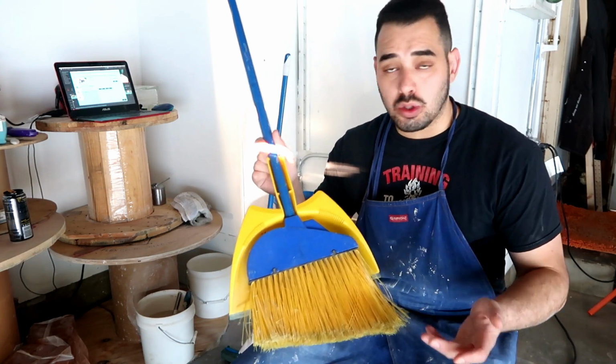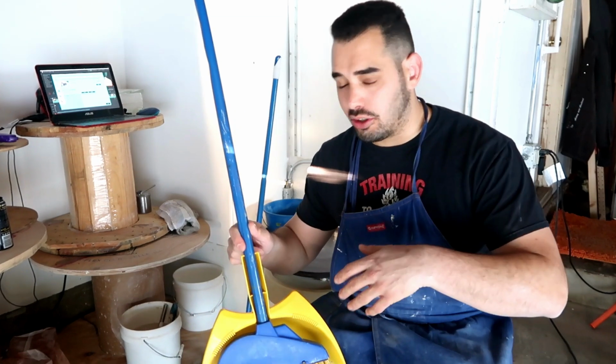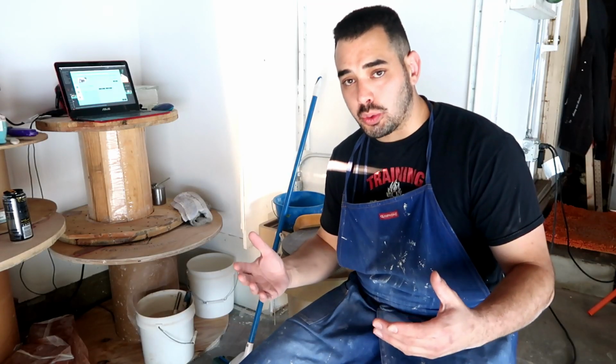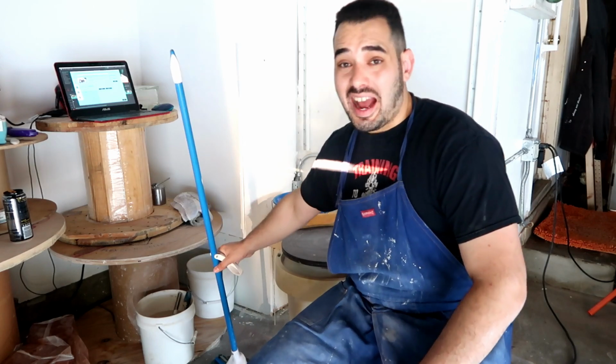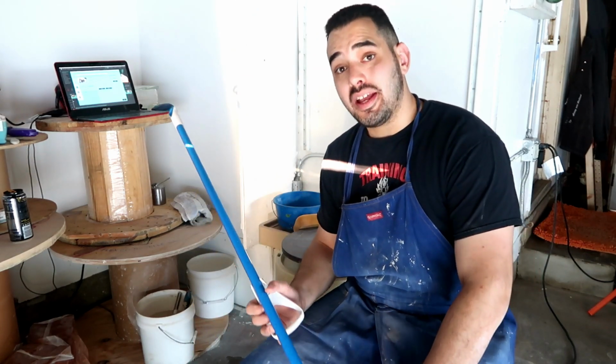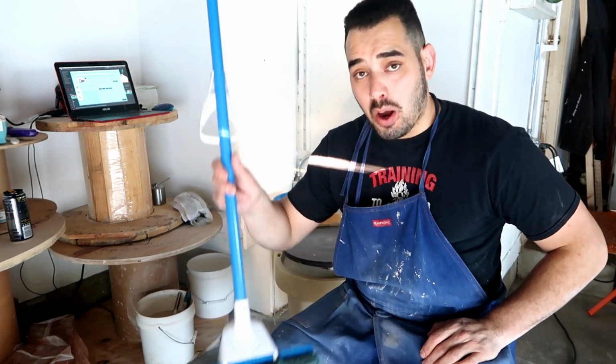Some people actually say it's never okay to sweep inside of your studio for those two reasons. But I find that as long as you don't sweep like a madman inside of your studio and fling dust and silica everywhere and get it in your lungs, and on the pottery and on the cat and on the dog and on your ex-husband, and as long as you never hard sweep like that, you should be fine. But in the interest of furthering that point, I highly suggest you get yourself a mop and a mop bucket. And I also suggest you at least take a good 10 to 20 minutes once a week mopping down